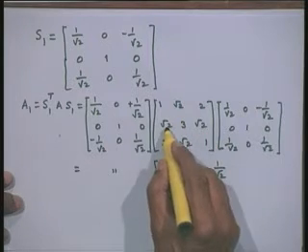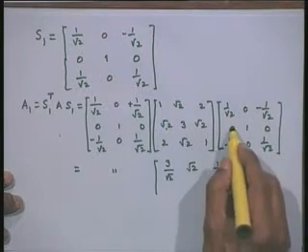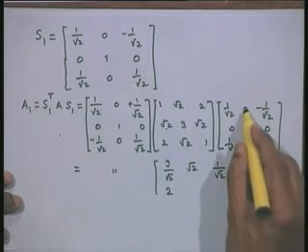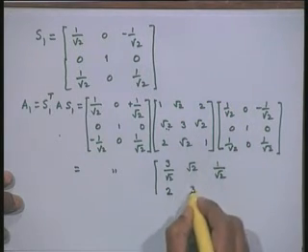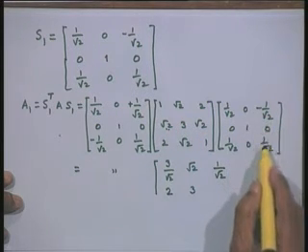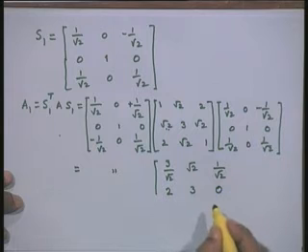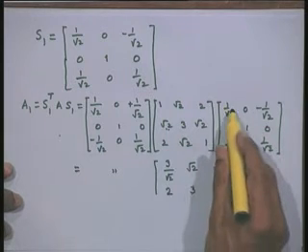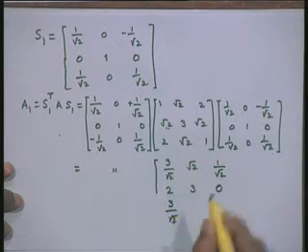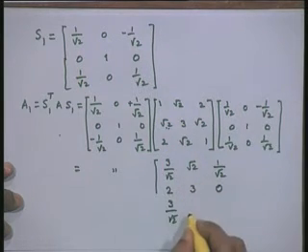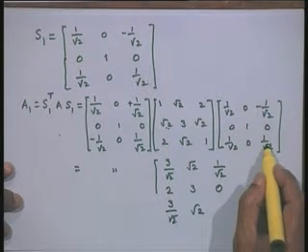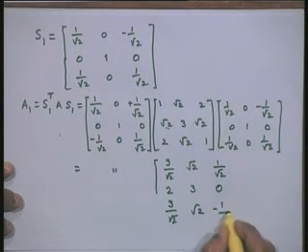And the second row I take, this is 1 upon root 2 into root 2, that is 1, 0, this is 1, that is equal to 2. Now, the middle row is 0 1 0. So, this multiplies 3. Then this is minus 1, 0, plus 1. So, we will have 0. Then 2 by root 2, 0, 1 by root 2, that is 3 by root 2. Then this is the middle element, that is root 2. This is minus 2 by root 2 and plus 1 upon root 2. So, we will have here minus 1 upon root 2.